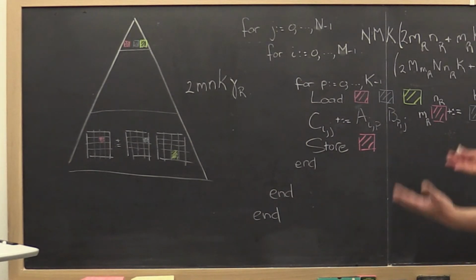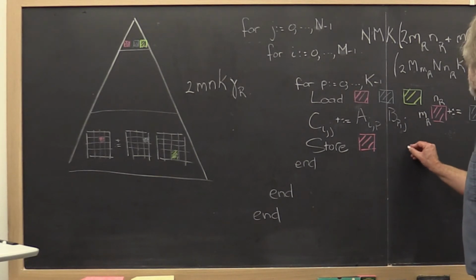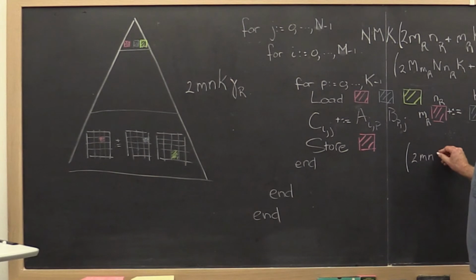So the total time spent in moving data around is given by 2 times m times n times